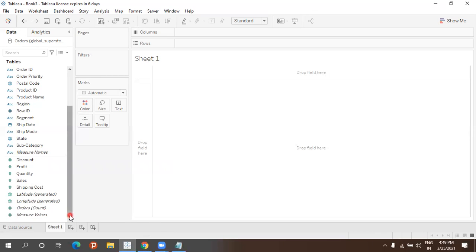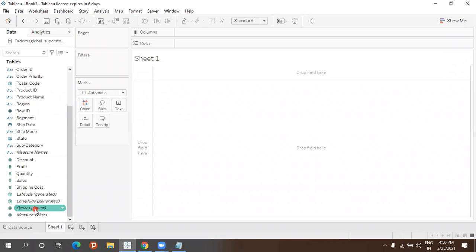When you work with previous versions, like 10.4 or the other older versions, instead of order count it will be named number of records. But the version we are working with is 2024.2, where it has been renamed to orders count. Before it was number of records. Slightly, the name has been changed here, but the meaning is the same. The working function, everything was the same. Nothing has changed here.